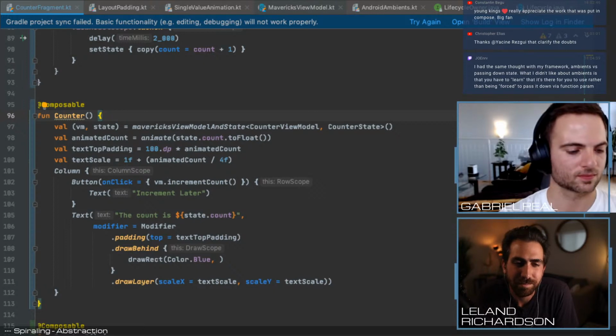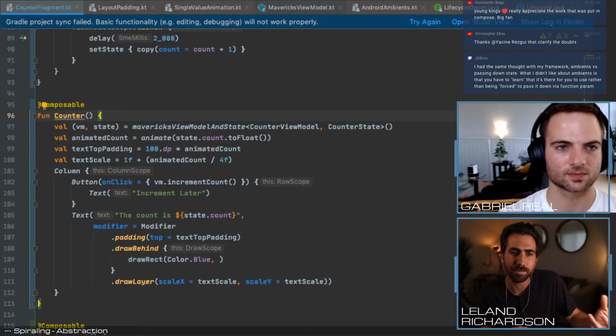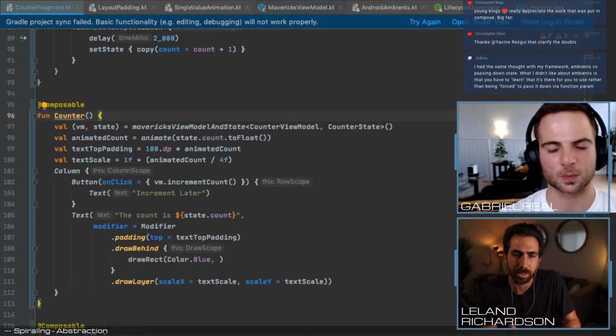I think you should embrace the parameters to an extent. You're indicating the explicit dependency of your composable, and you want to think of it as, okay, I receive this data as input, and I'm then displaying it. And